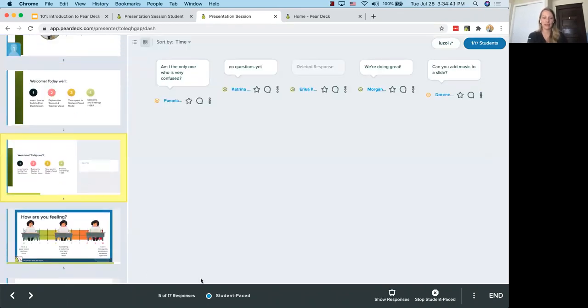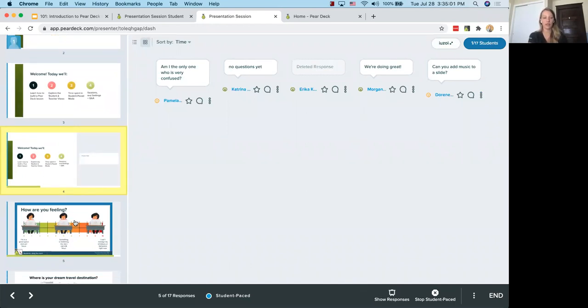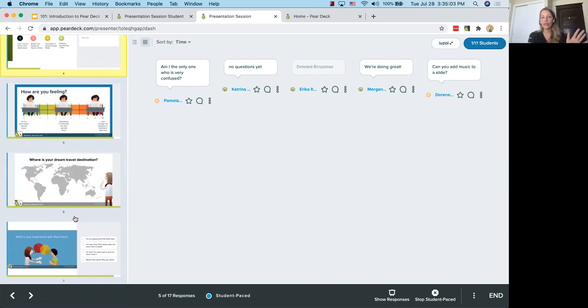You can see the number of responses you're waiting on. You can see the entire roster of students, so how many people have joined. You can turn on student pace or turn it off, and you can share student responses with students by clicking Show Responses. So again, I know that this isn't quite the full Pear Deck experience because you haven't joined yet,